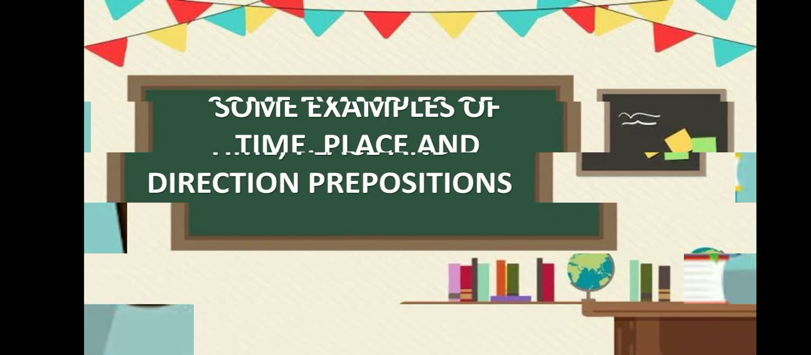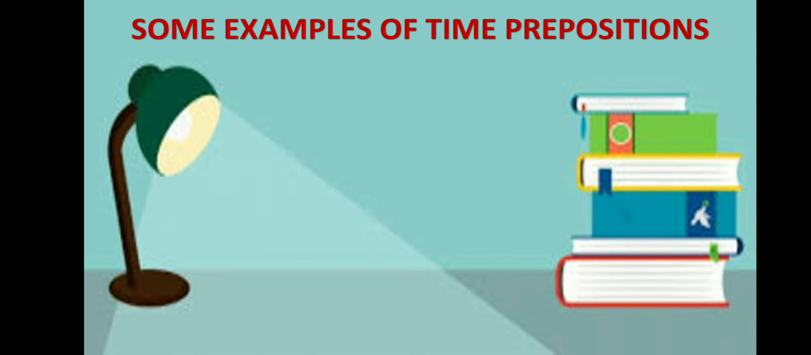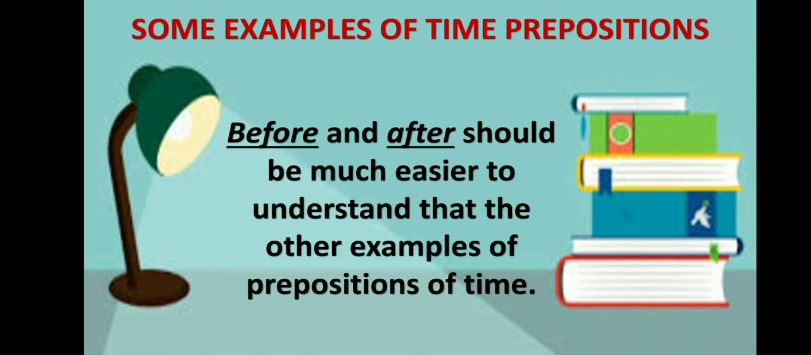Some examples of time prepositions. Before and after should be much easier to understand than the other examples of prepositions of time. Both are used to explain when something happens, or will happen, but specifically in relation to another thing. For example,